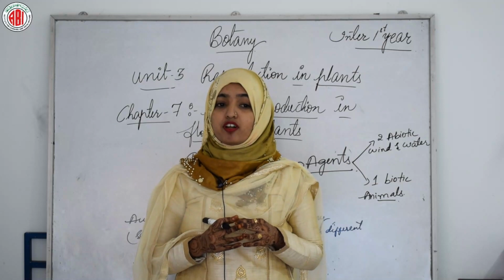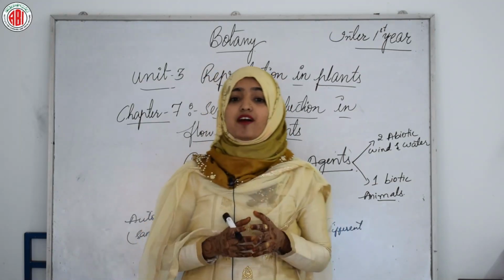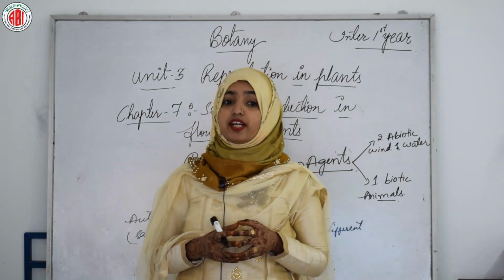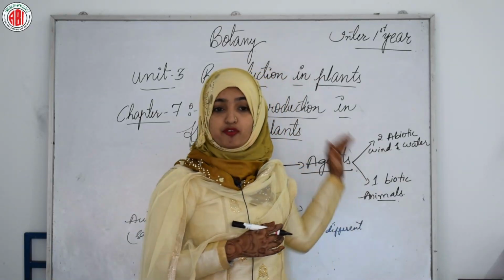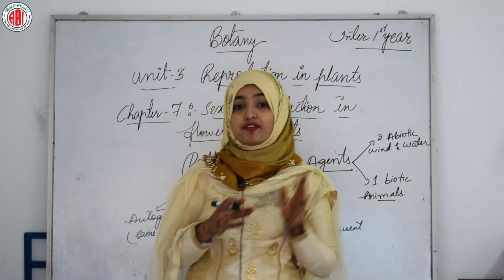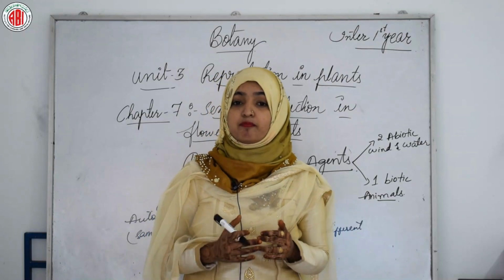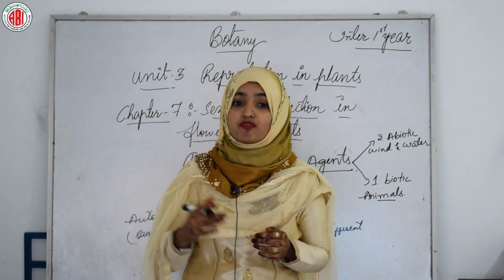To compensate for these uncertainties and the associated loss of pollen grains, the flowers produce enormous amounts of pollen when compared to the number of ovules available for pollination. We have already discussed this in our previous class, that the number of pollen grains will be comparatively more when compared to the number of ovules.